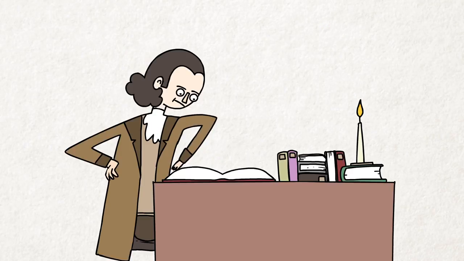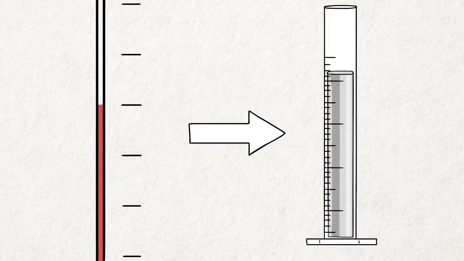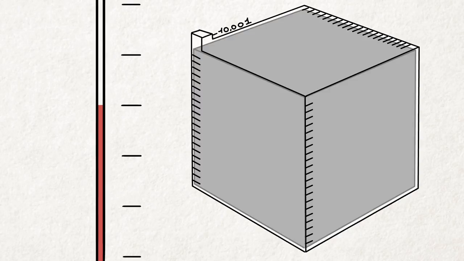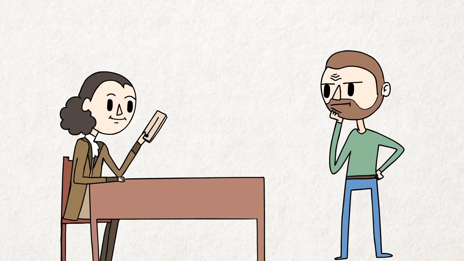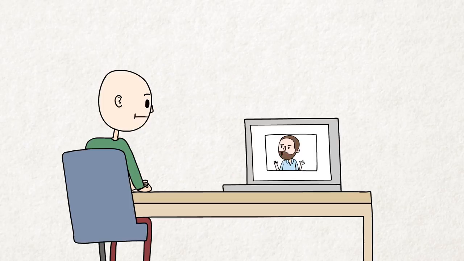And we know that he read the works of Newton, Boyle, and Hooke, in which he would have come across the idea that a 1 degree increase in temperature could correspond to a specific fractional increase in the volume of the measuring liquid. And today, a 1 degree Fahrenheit increase in temperature increases the volume of mercury by exactly 1 part in 10,000. Is this just a coincidence? Well, we'll probably never know for sure because, as an instrument maker, Fahrenheit was very secretive about his methods. But I think the data strongly suggests that this was the case.